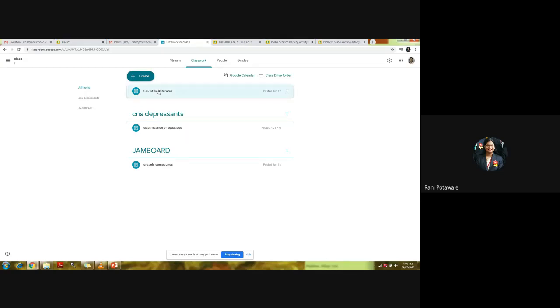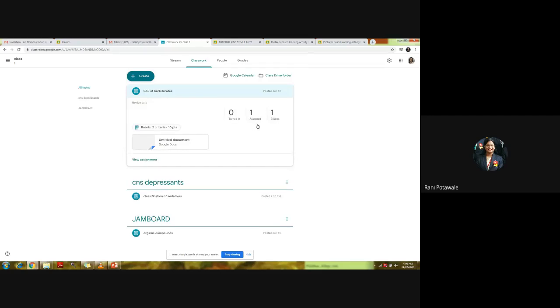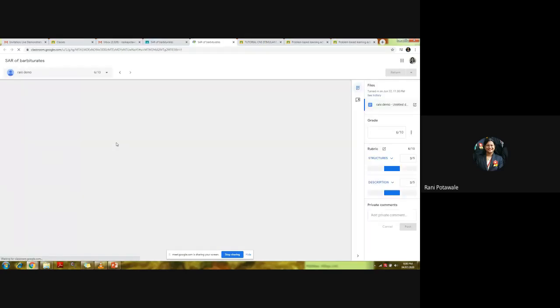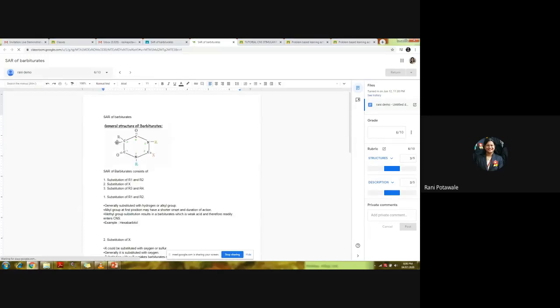Now here is one example of how we can check the assignment which is given with the rubric. The advantage of a rubric is that students can see the rubric when we post the assignment, so they can see the points or criteria allotted for evaluation by the teacher. According to that requirement, they can write their assignment and post it. When the student's assignment opens in a new window, it opens along with the rubric that you have set.